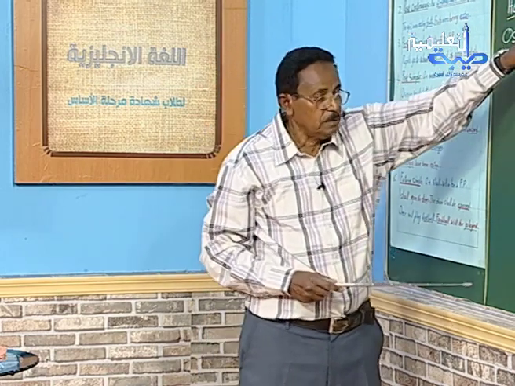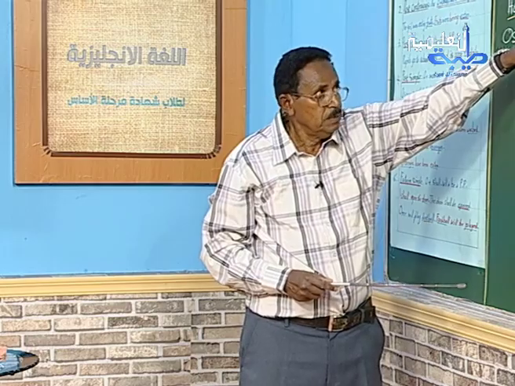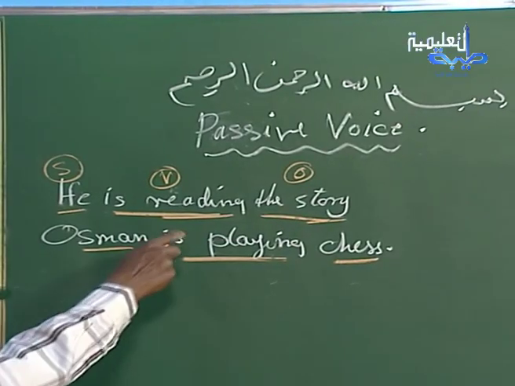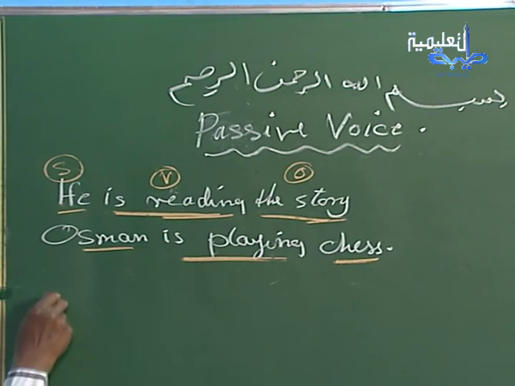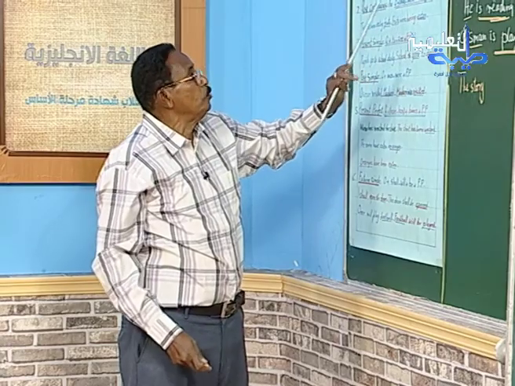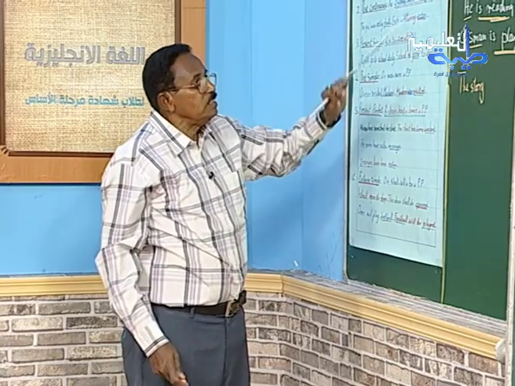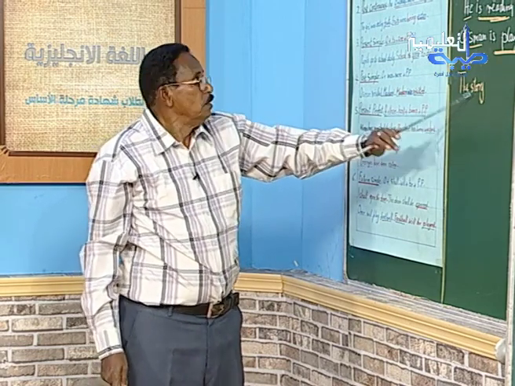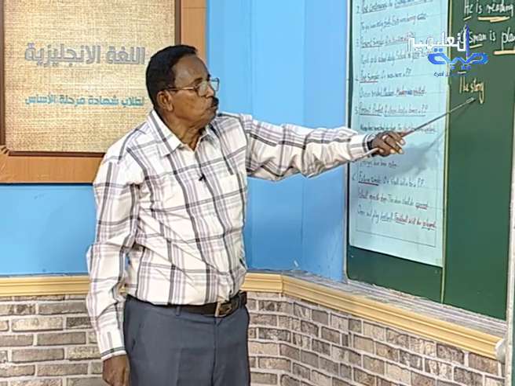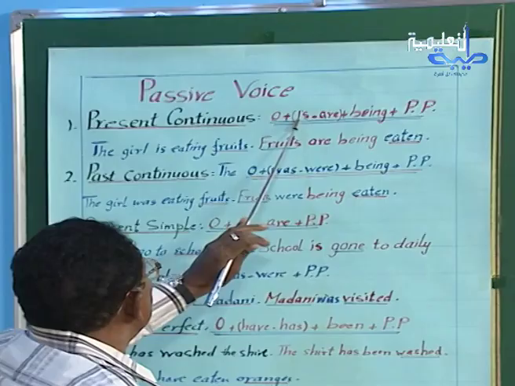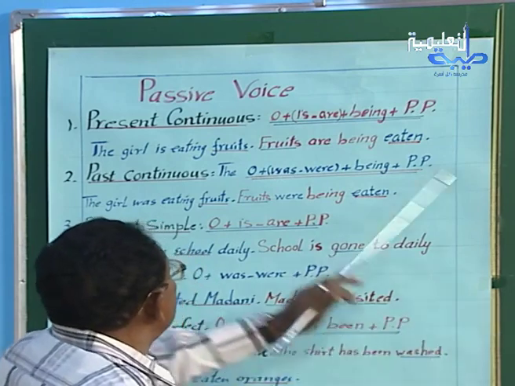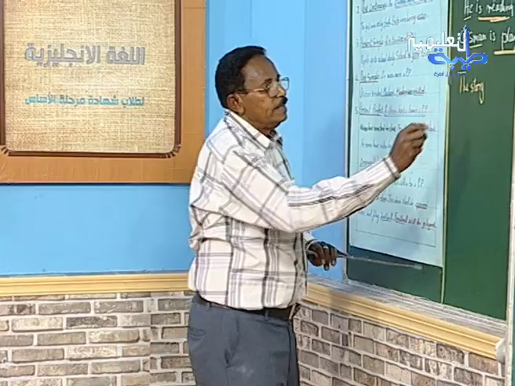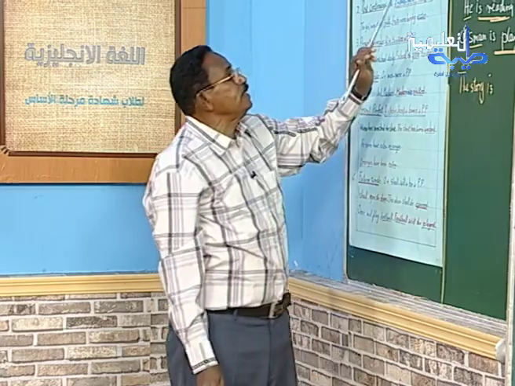What is the object here? The object is the story. Okay, we start our sentence with the story. This is the object. After this, is it plural or singular? The story is singular, but the stories are plural. Here, the story, because after the object there is, we say is, and after is there is being,